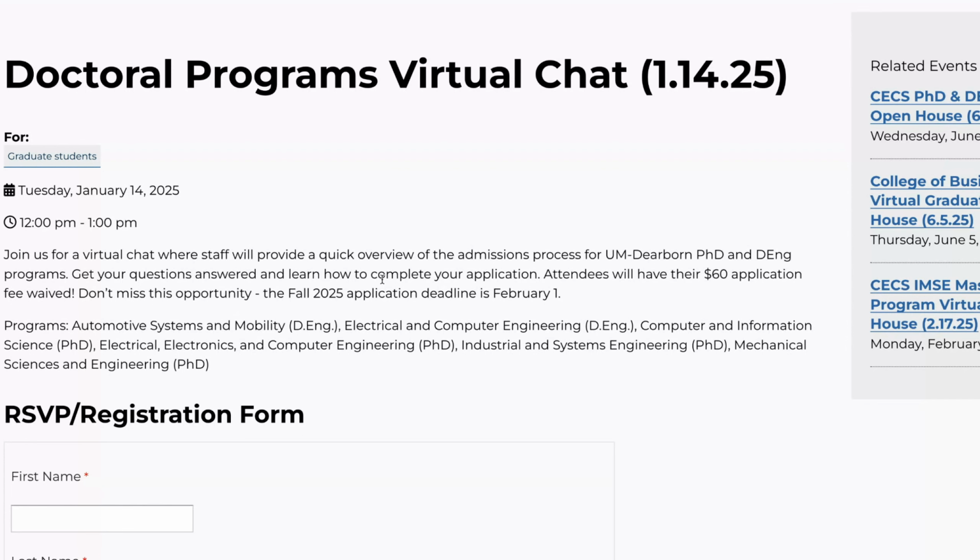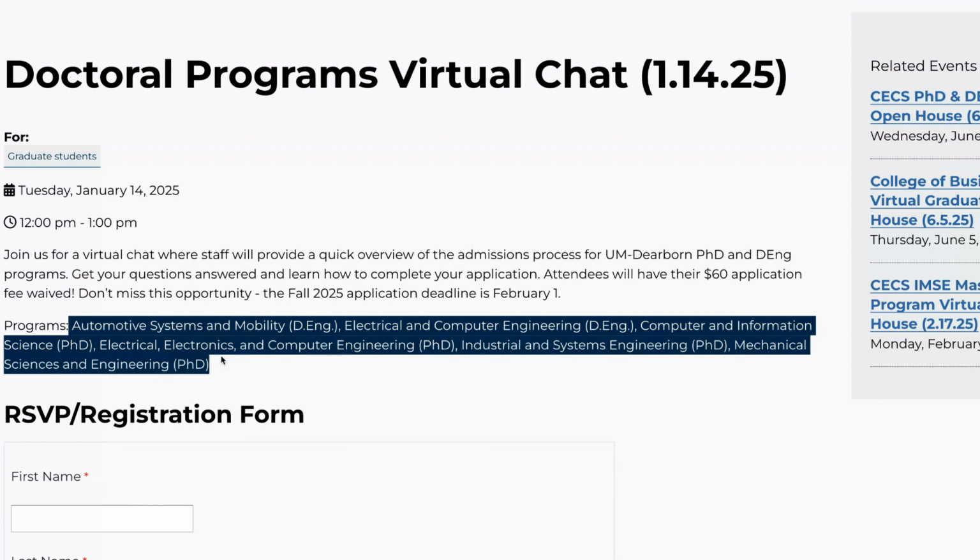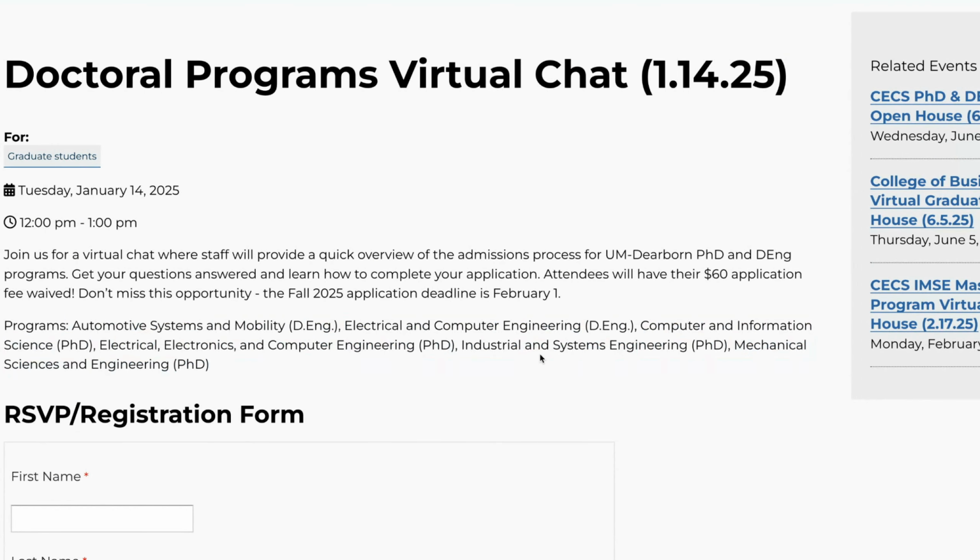Don't miss this opportunity. So guys, these are the programs that they have that qualifies for this application fee waiver: automotive systems and mobility, the doctoral program in engineering, electrical and computer engineering, doctoral program, computer and information science. Majorly they are science and engineering programs. Those are the ones they are waiving the application fee for, and that's what they want to address in the information session. I think most of their PhD program are in this